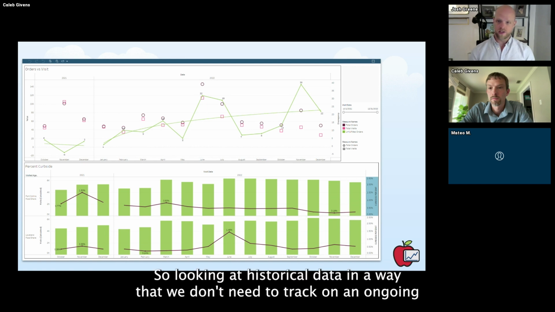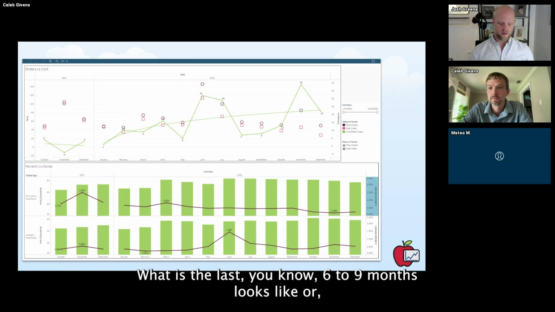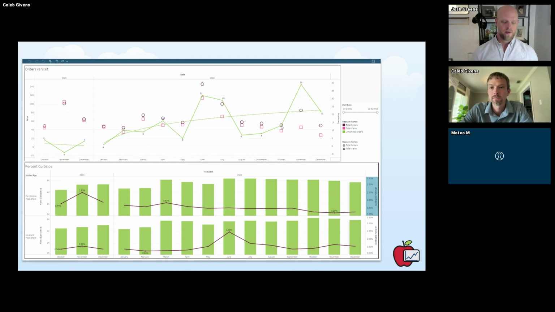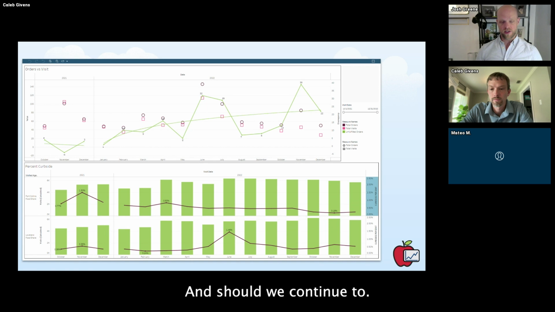And then the third thing is a very strategic analysis of a specific decision, right? So looking at historical data in a way that we don't need to track on an ongoing basis, that we just need to understand right now, okay, what do the last 6 to 9 months look like? Or what is the true impact of this program? And should we continue to